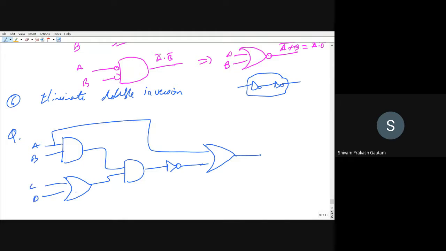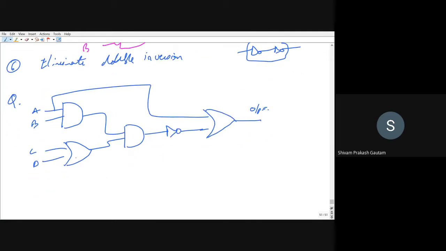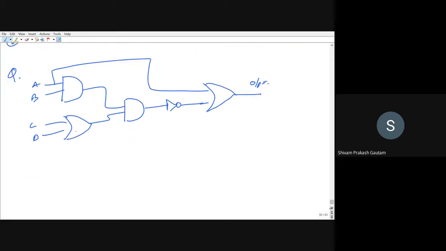Right now we are not worried about whatever the output is. We just want to convert this AND-OR-invert logic to universal gates. So first we will use the NAND gate. We will see both cases, NAND and NOR. So first we are considering the NAND gate.